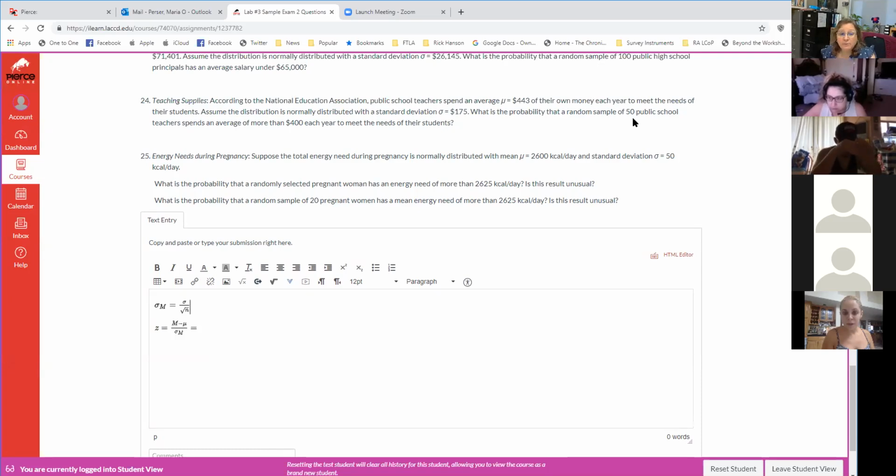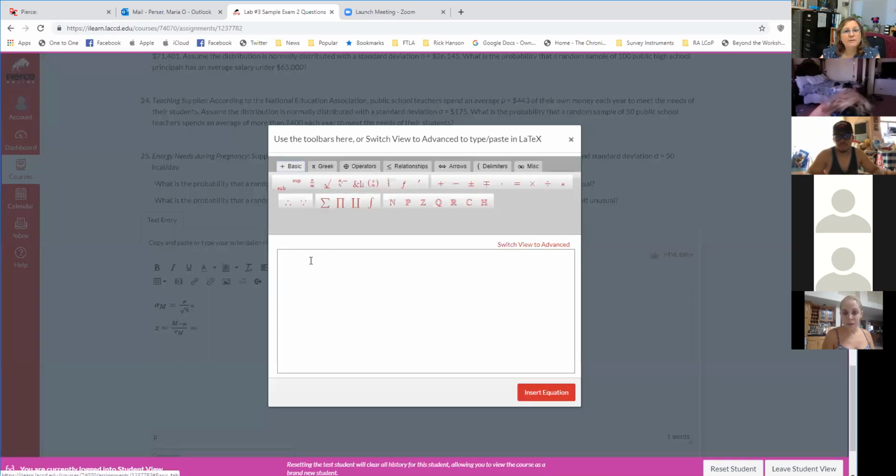One of the things that I will recommend is that you leave your numbers out when you're doing this. So let me go in here real quick. Right, so you've got your formula, right? And so when you're doing this, it's going to be 175 divided by the square root of 50, right? So this is going to be, again,